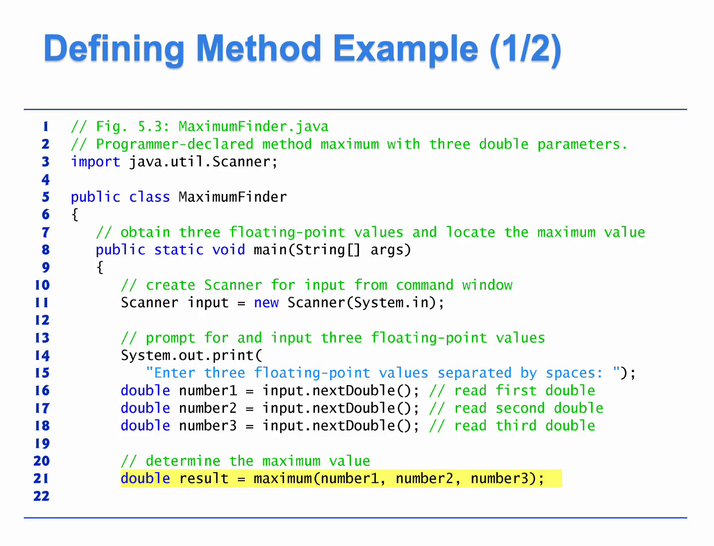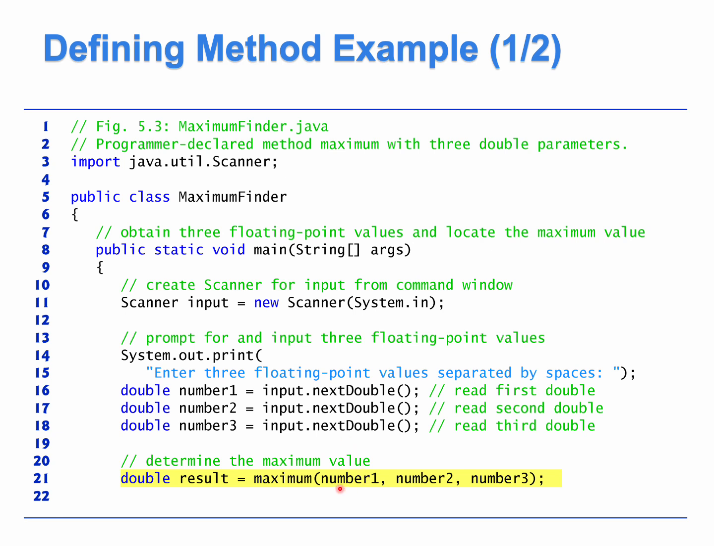Let's consider a complete Java program that shows an example of defining another method beside the method main. This program has only one class named MaximumFinder, so it is stored in the file MaximumFinder.java. Class MaximumFinder has two methods,